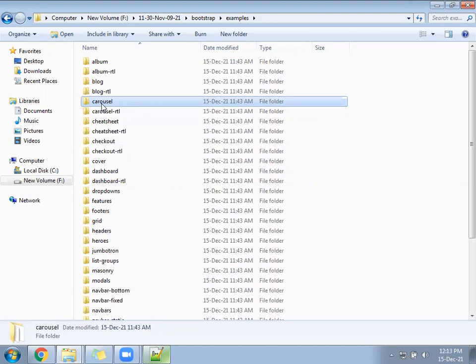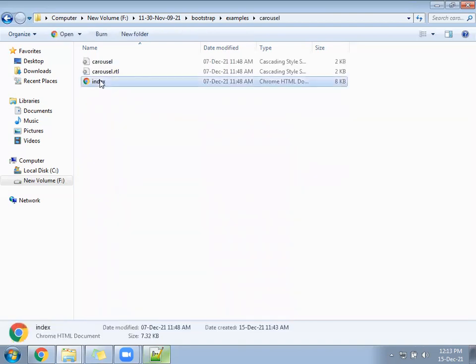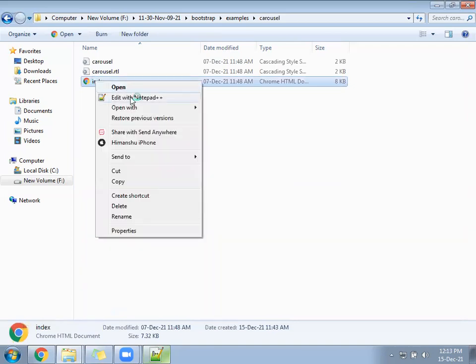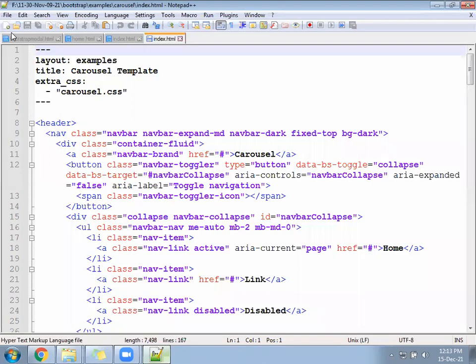Now come into the carousel folder. You have again one file, index.html. Open that file.